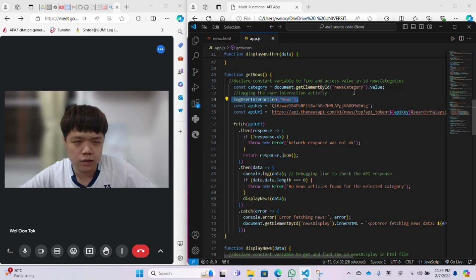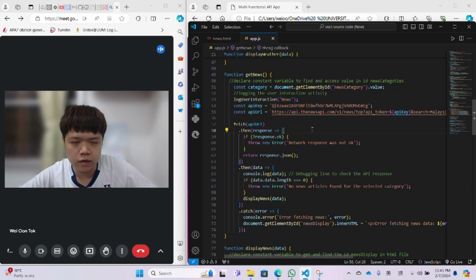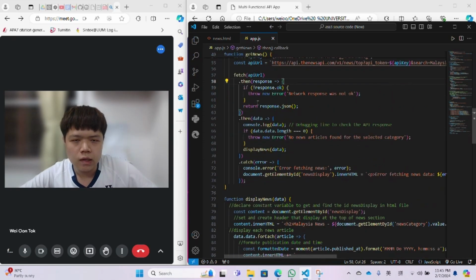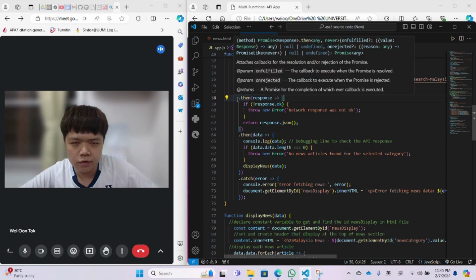After we click the get category, it will store the action into the log user interaction by calling this method, and this is the API key and API URL, the API link. So let's move on to the